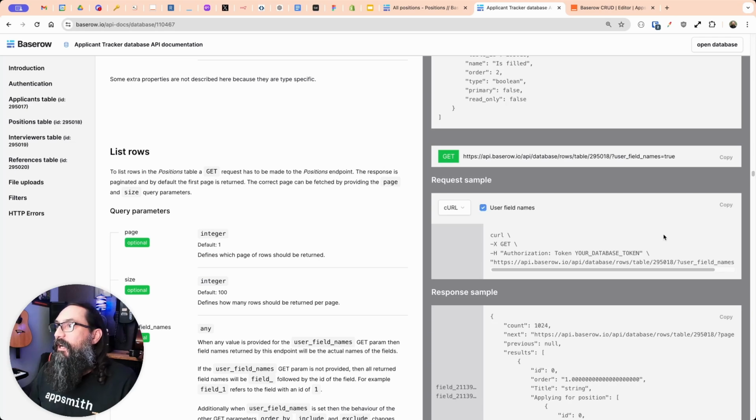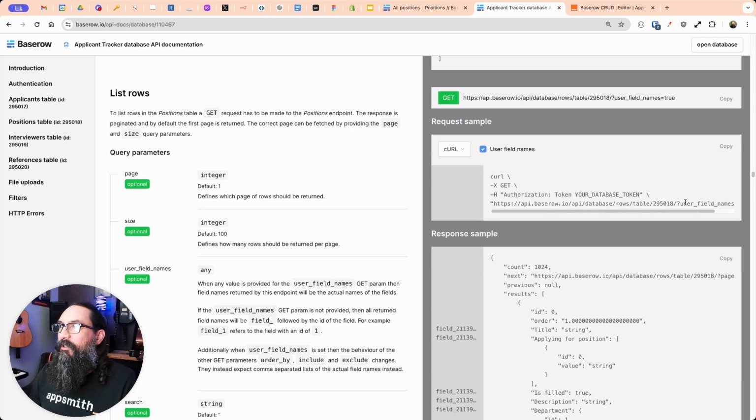So I'm going to copy this curl request. This will let us import a curl request with the exact table here. There's the table ID, but it just says database token here, and then you have to insert your token. So we'll copy this,